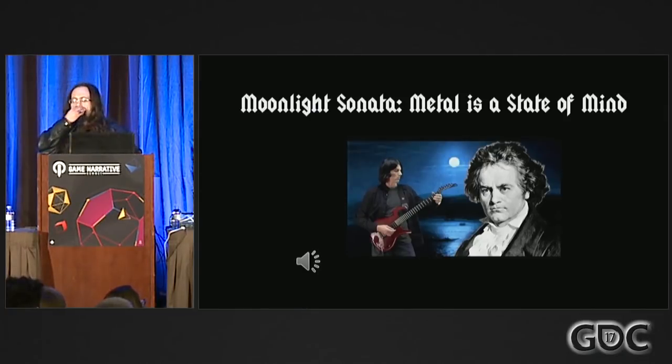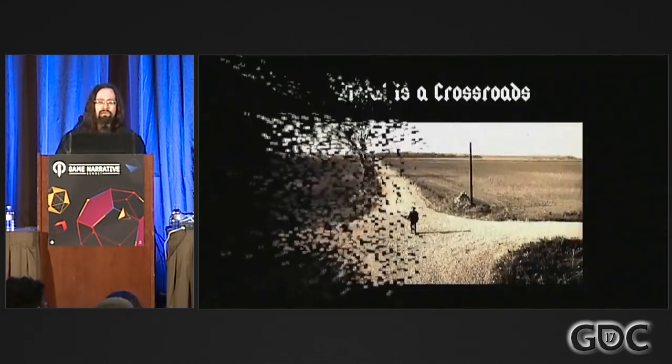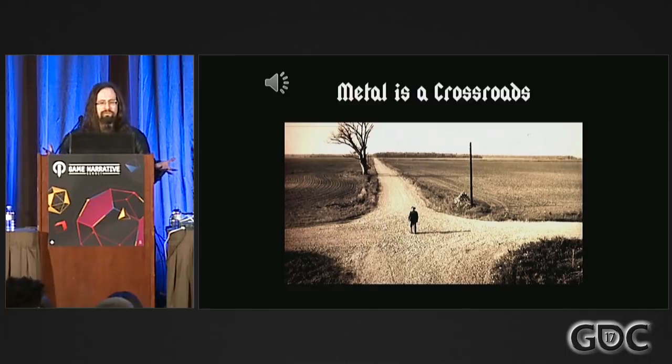The Moonlight Sonata is metal before the term exists because of its passion, its intensity, its sweeping grandeur. At the same time, it's important to remember that metal is a crossroads. It's a crossroads of culture and geography, Europe, Africa, Southern America by way of the blues. It's a crossroads of time, the ancient, the medieval, the 19th, 20th, and 21st centuries, all converging diabolically, as in